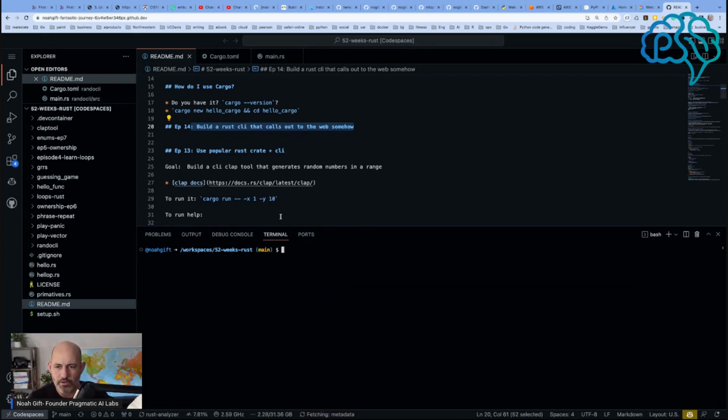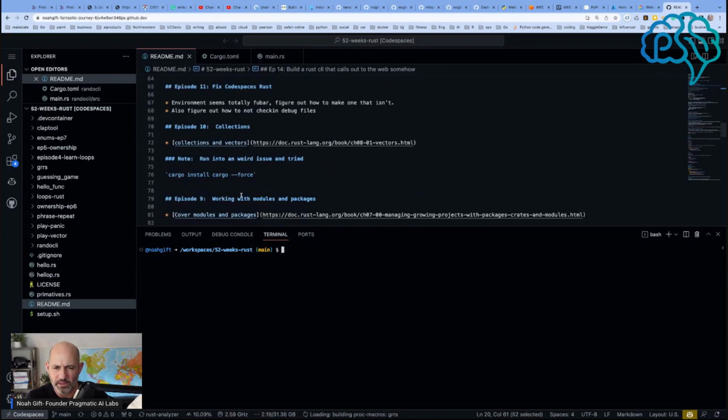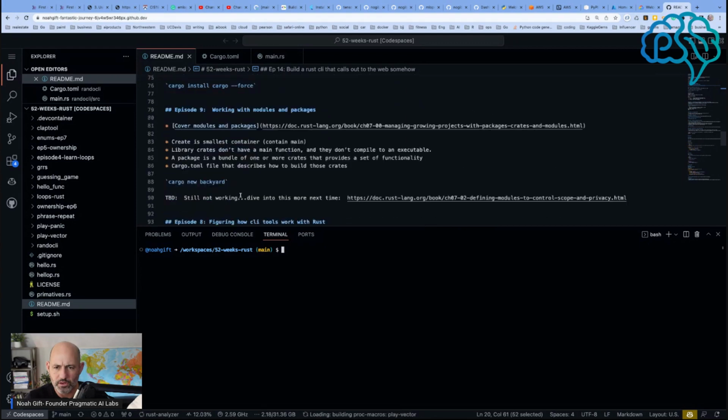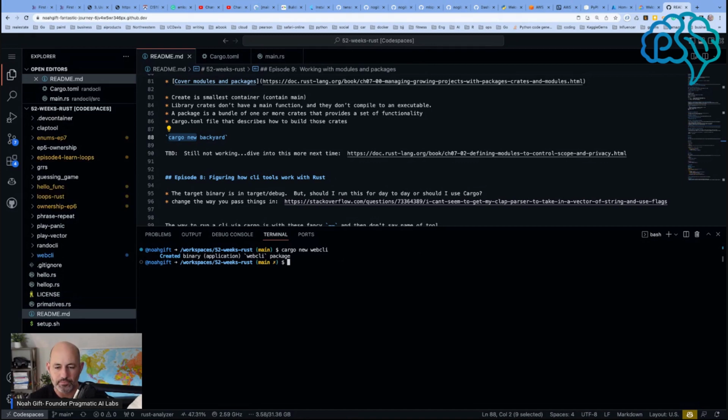So to start off with, I'm going to use cargo, and I always forget the cargo install. We'll call this one cargo new web CLI. Let's try that. And if I cd into web CLI here,